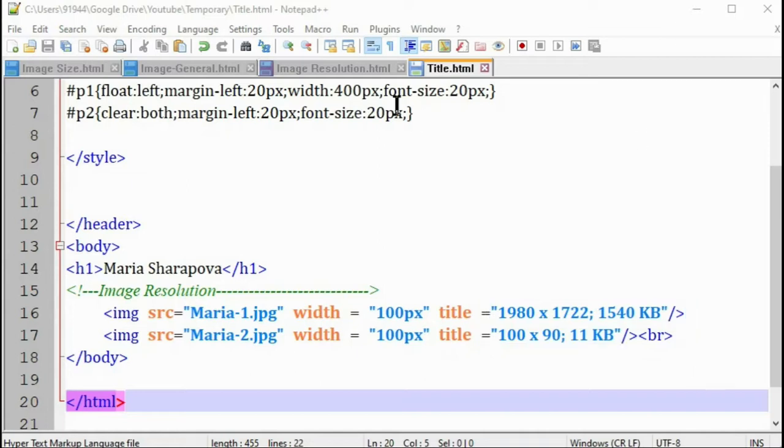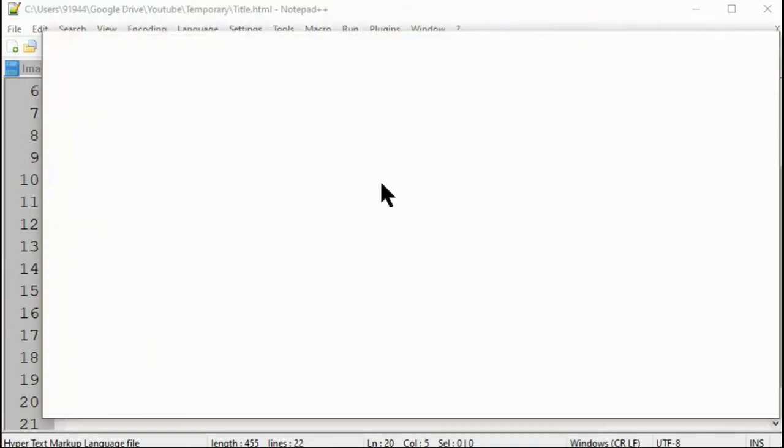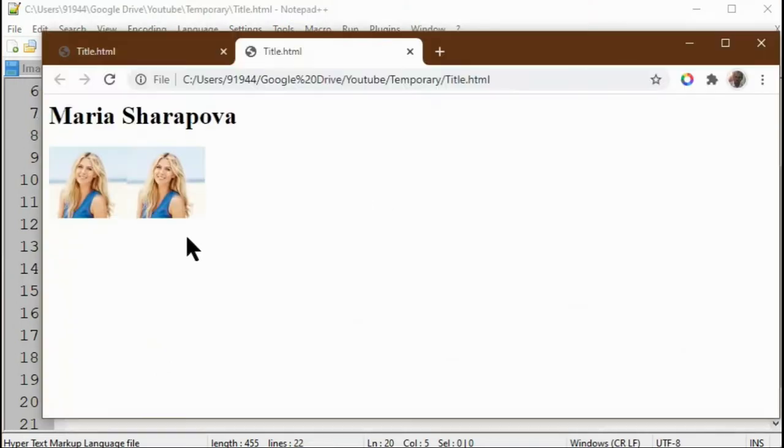Now we will run this file in the browser window. You can't differentiate the two images. Because of the smaller size, you can't differentiate the quality of the two images.